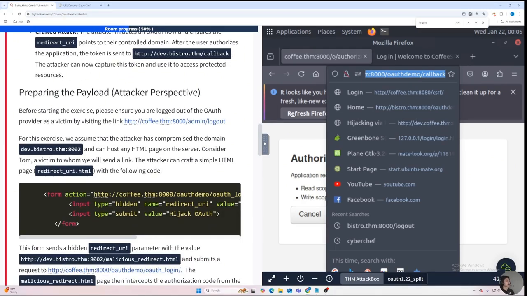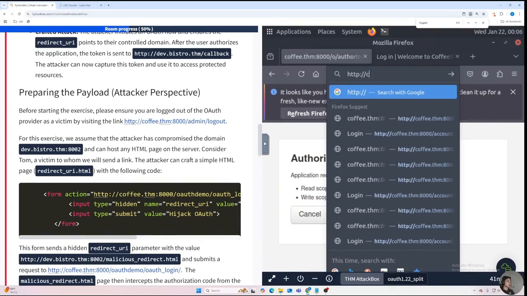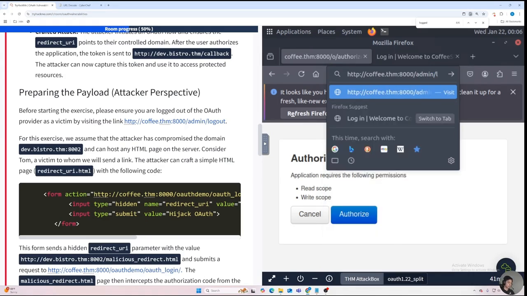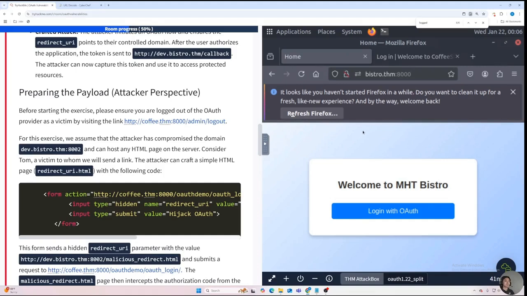Preparing the payload. From the attacker's perspective, before starting the exercise, we have to make sure to log out of everything. All right. So http://coffee.thm/admin, log out. Okay, we logged out. For this exercise, we assume that the attacker has compromised the domain dev.bistro.thm at port 8002 and